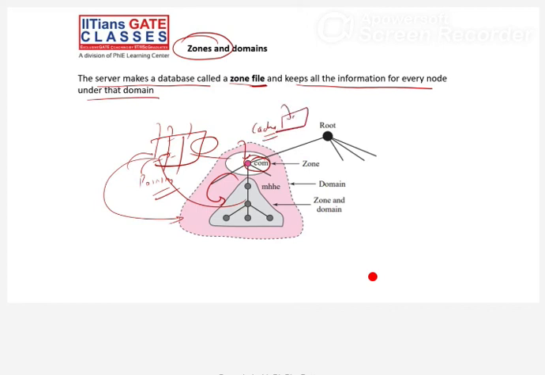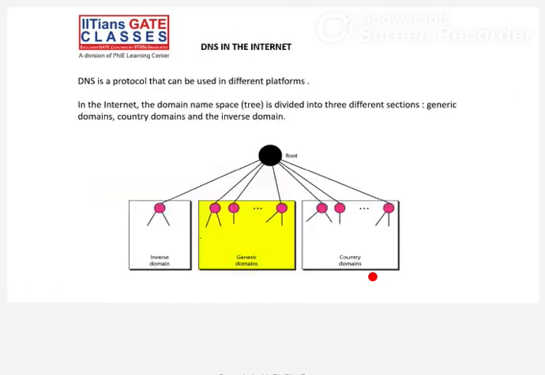How do we represent and label? This is your root. From the root you come, let's say, to the education server, edu. So edu is a label for the domain name. Again, inside edu we have fhda, which is another label. This is also a domain name, and this, and this. All are domain names. So this is your main domain name.